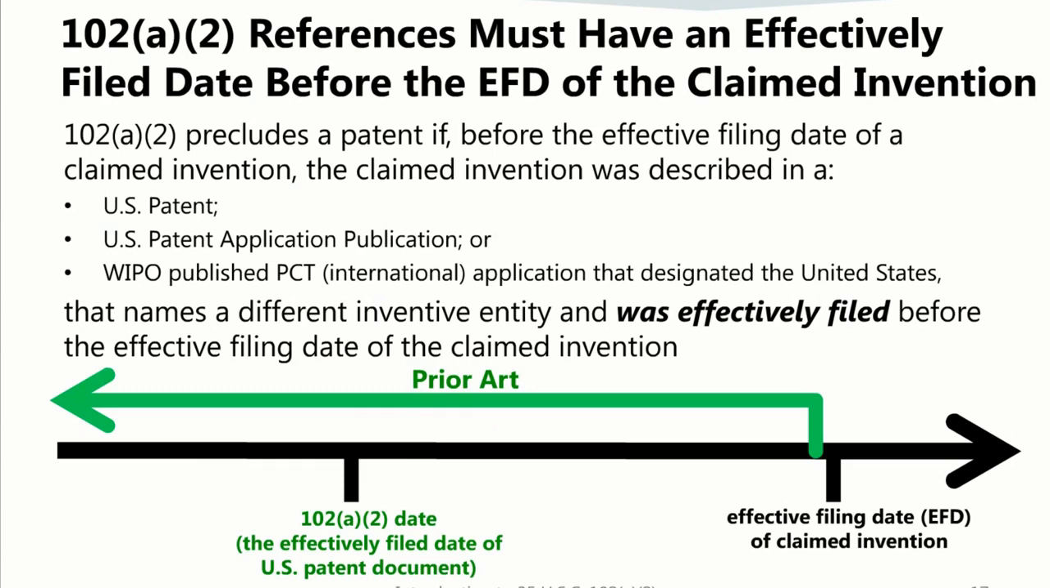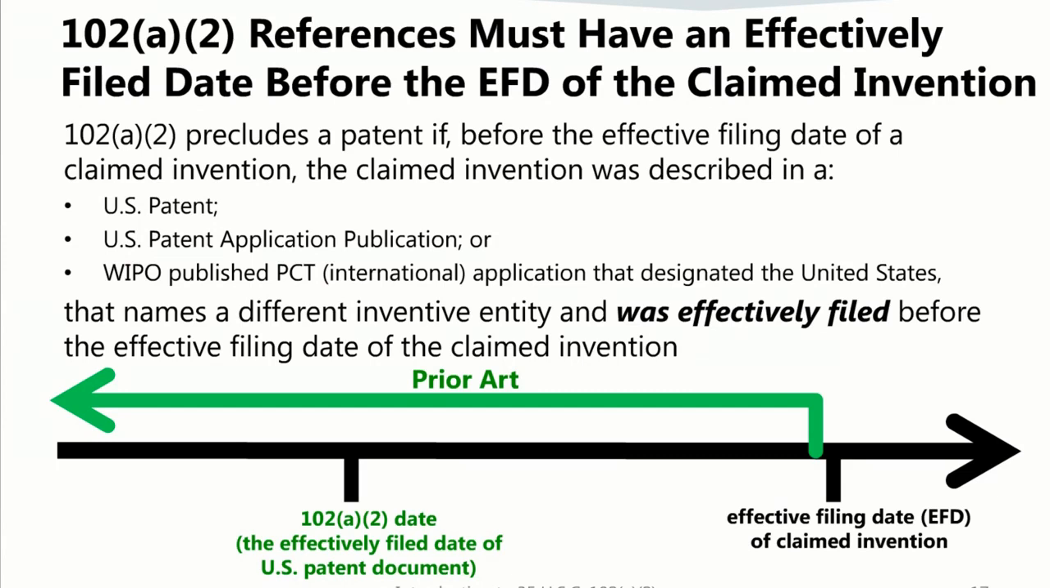As shown in the graphic, a reference qualifies as a reference under 102A2 if the U.S. patent document was published and has an effectively filed date that precedes the effective filing date of the claimed invention. Note that it does not matter when the U.S. patent document was published. Note the distinction in usage of the terms effective filing date, abbreviated EFD, and effectively filed